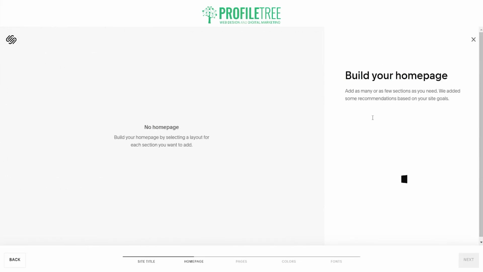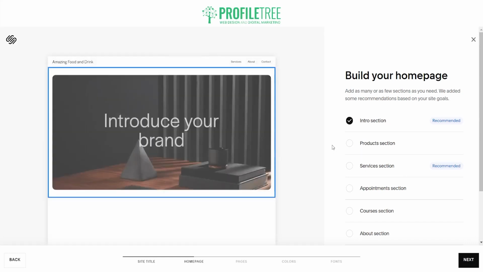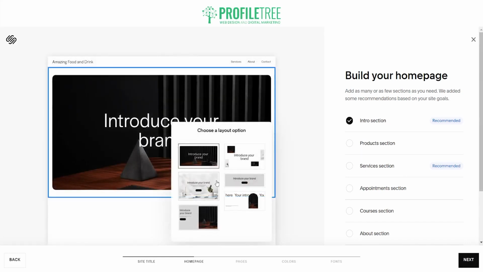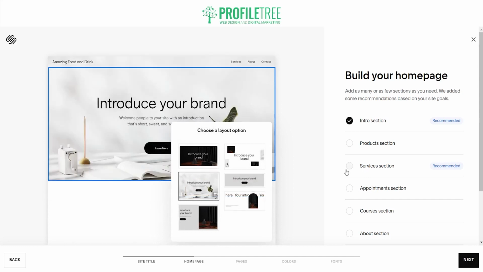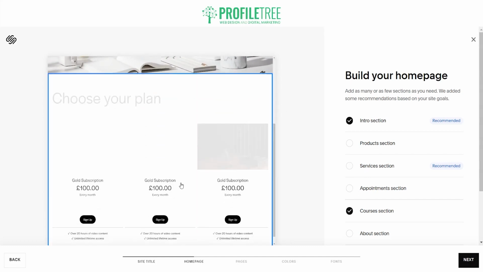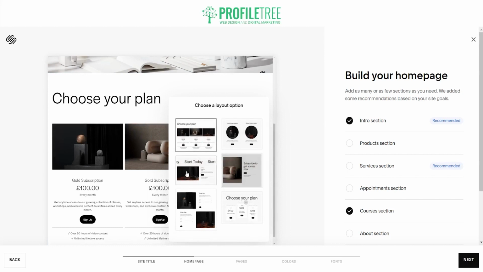Now we're going to build our homepage here. It'll provide us with a couple of different sections to choose from. You've got your introduction, you've got your footer, you've got the different services like products, courses, and so on. So here we are. We'll just jump straight into this. So we've got our intro, and we'll add that, and then we'll do courses. Sure. We will do